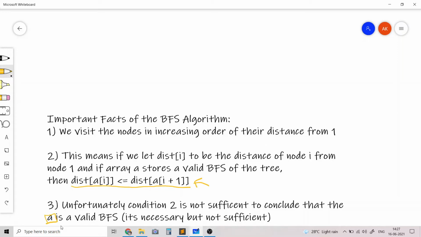This is because this property has to be true for all BFSs and not just for A. You could have another BFS B also satisfy this property. Since B is not equal to A and B also satisfies this property, we can't conclude for sure that A is a valid BFS.